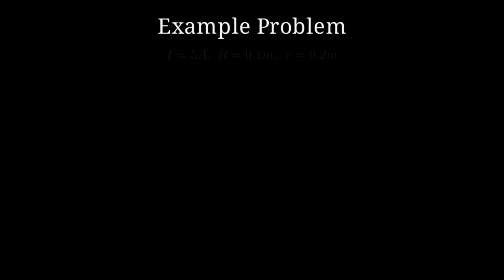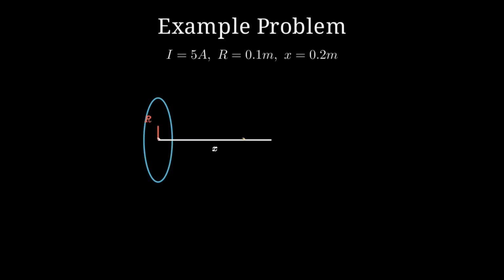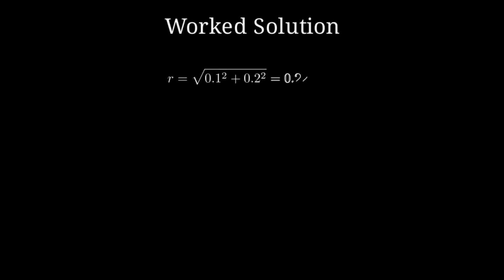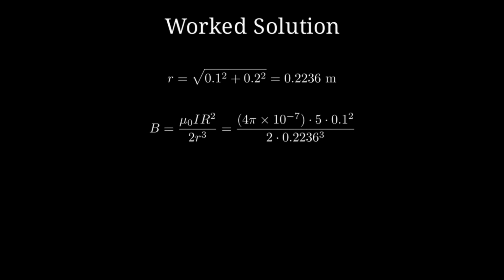Let's try a calculation. With a current of 5 amps, a radius of 10 centimeters, and an axial distance of 20 centimeters, we can plug these values into our derived formula to find the exact magnetic flux density. First, we find the distance R, then calculate the denominator. By carefully applying the constants, we find a magnetic field of approximately 2.82 microteslas at this specific point along the